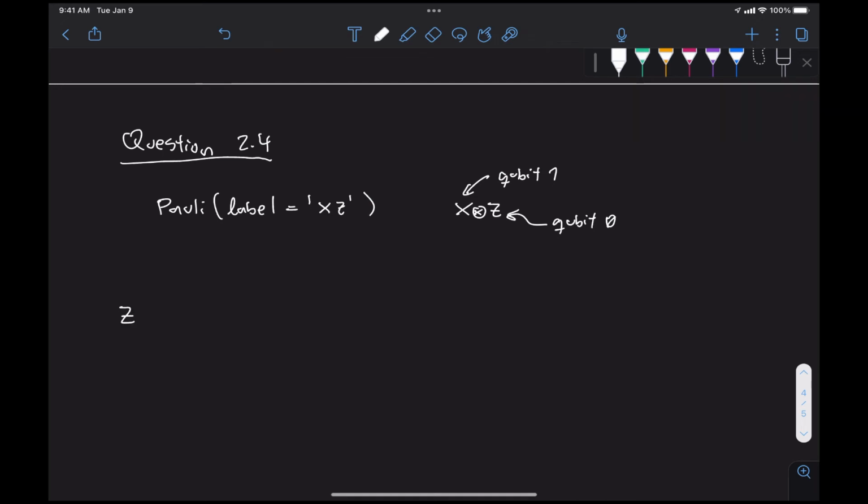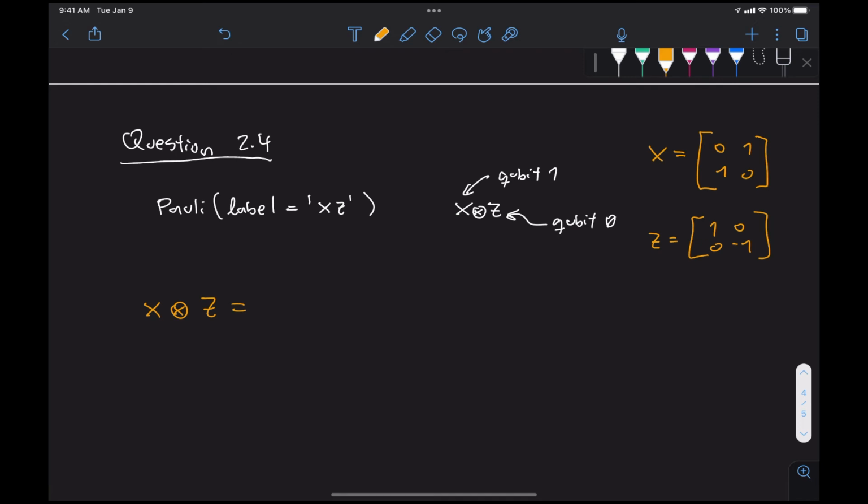So what this means is that we would have the following matrix. So let's remember that our x operator is given by 0, 1, 1, 0, and z is given by 1, 0, 0, minus 1. So if we now do x tensor z,